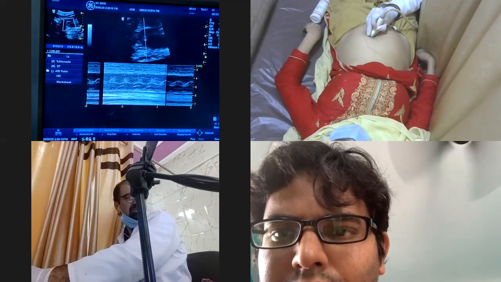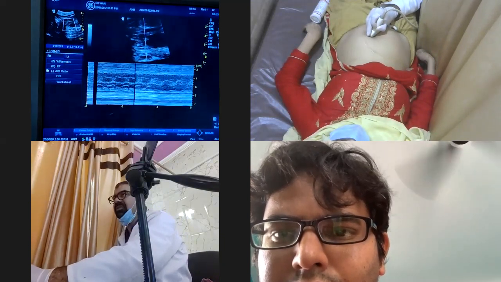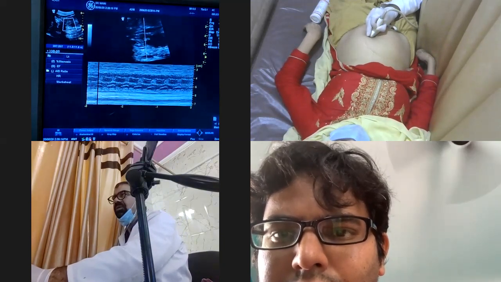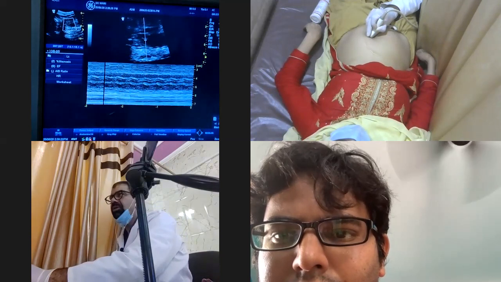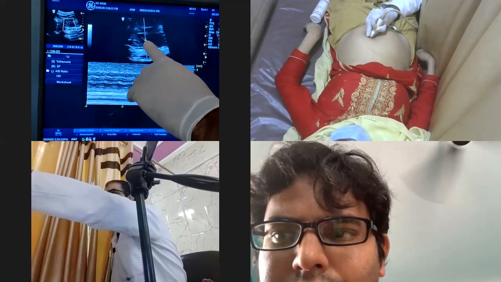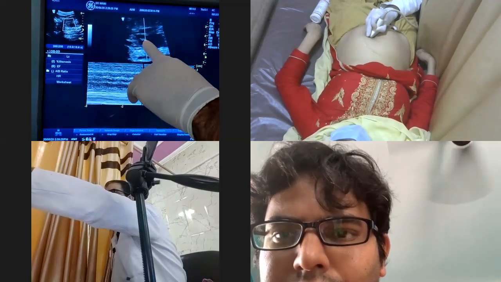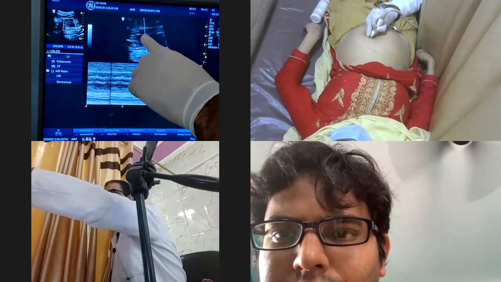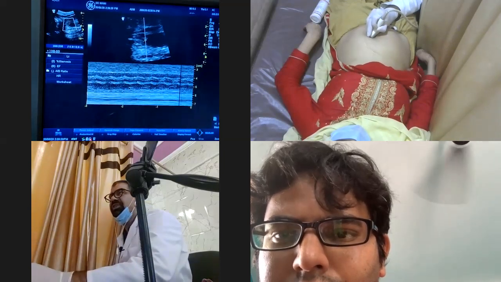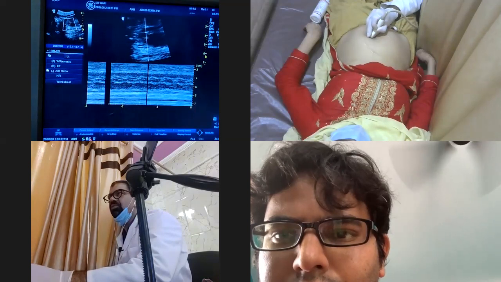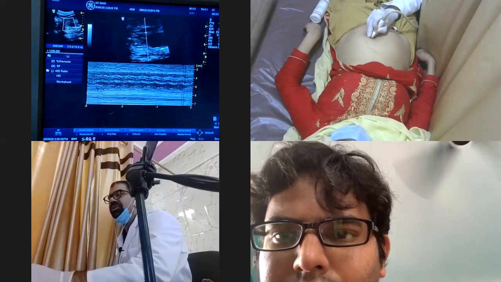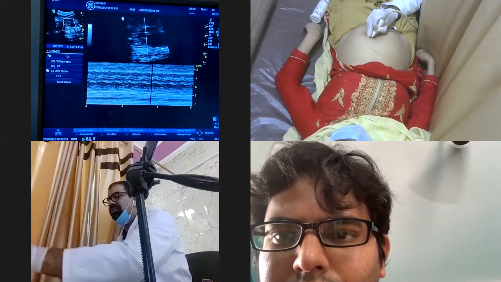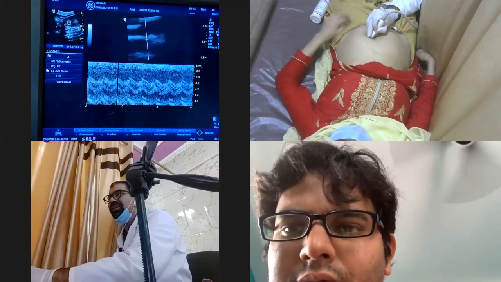Now, you see, this is the fetal heart. Whenever I am taking it, first of all, I have to switch from B mode to M mode. Then this line will appear, and the small line on this line has to be put exactly onto the fetal heart. I can move it up or down depending on the fetal heart location. So anyhow, I got the fetal heart, then I have to set.